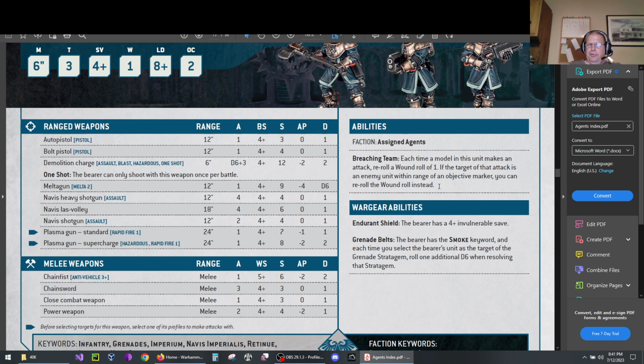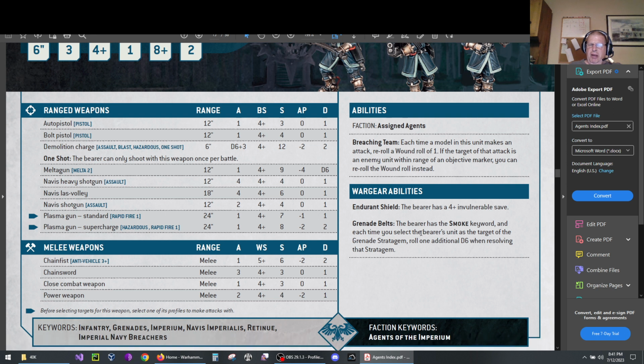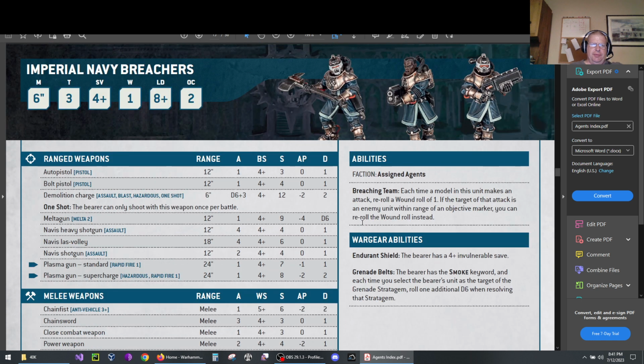They reroll wounds of 1, and they can reroll wounds on objectives. There's a Durt Shield. Not sure exactly who could take that. Smoke keyword. Not sure if these guys are all that great. They definitely have some interesting